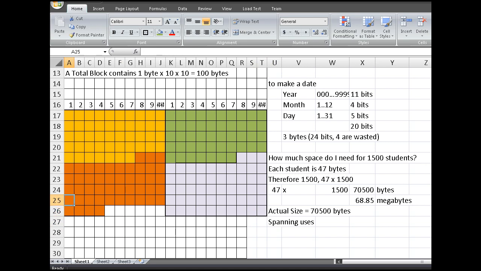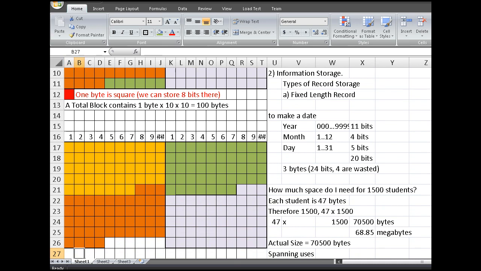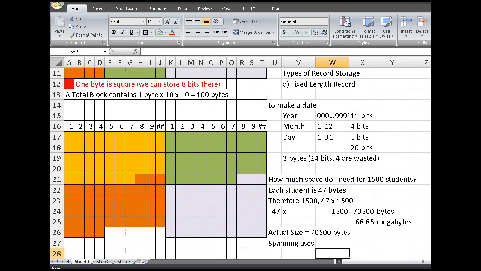Now look at this one. A block is 100. So I'm going to figure out how many blocks I'm using. With spanning, I have to figure out how many blocks I'll use, and then that is the size I'm actually using. So each block is 100, and if I have this much data, it will be